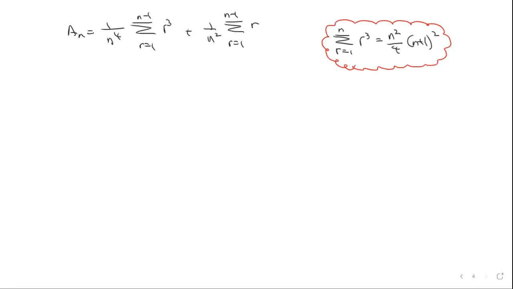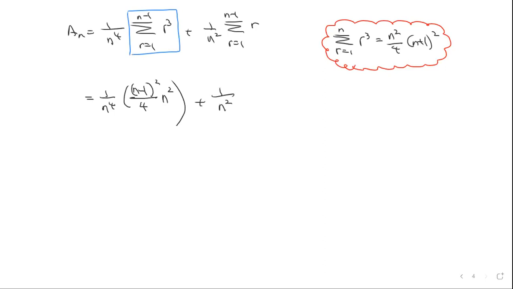So, applied here, noting that it's from 1 to n minus 1, that's going to be 1 over n to the power of 4, n minus 1 all squared over 4, n squared. Right, because you're letting it be n minus 1, plus 1 over n squared, and you're summing from 1 to n minus 1, so that means it's going to be n minus 1 over 2